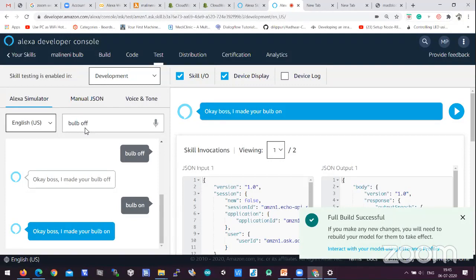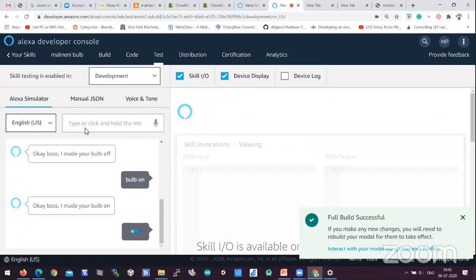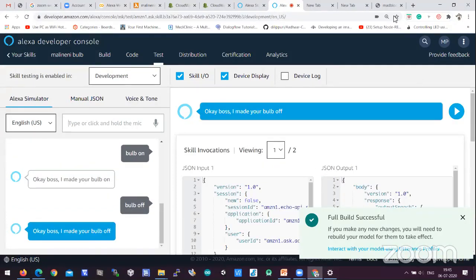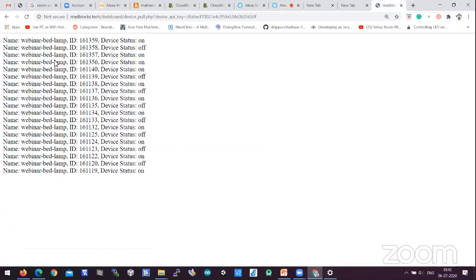Let's put bulb off. Let us reload the page. Immediately you can see a new entry, which is 161360, which is nothing but off. So it inherently means that your Alexa is communicating with the API, and this API is connected with the bulb which is there in my bedroom. When you say on, it is going to make it on. When you say off, it is going to make it off, and your Alexa is pushing data to the API